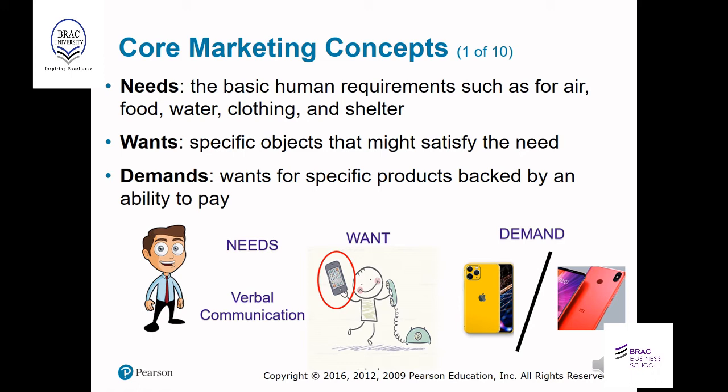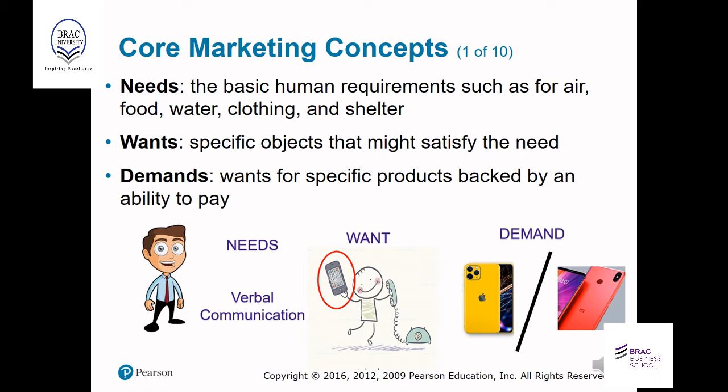Consider that here is a person and his need is for verbal communication. As a social being we need to communicate, and as we are the social beings of the 21st century, we are looking for more modern devices for communication. So the very common device is the telephone or mobile phone. So our need is verbal communication, and that's why we are looking for a device.